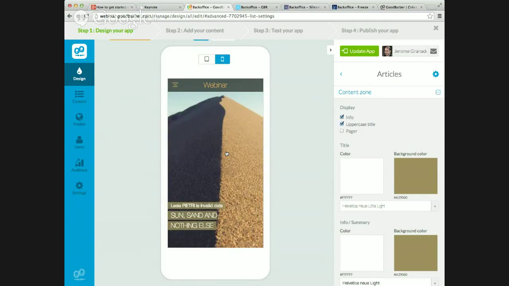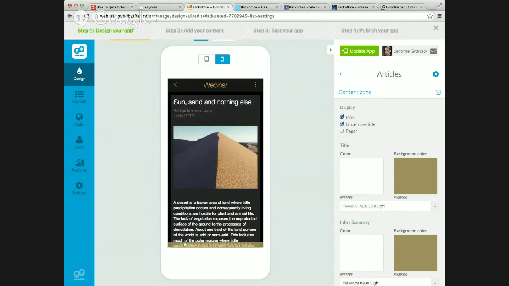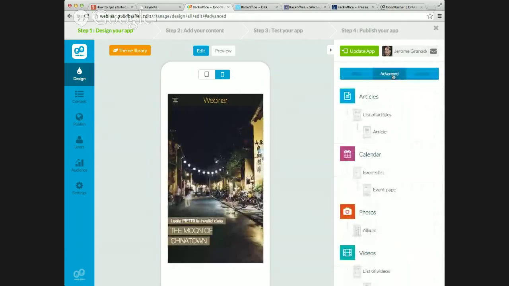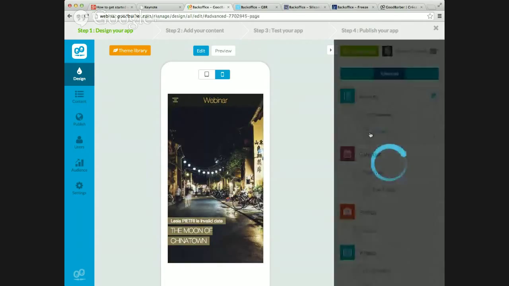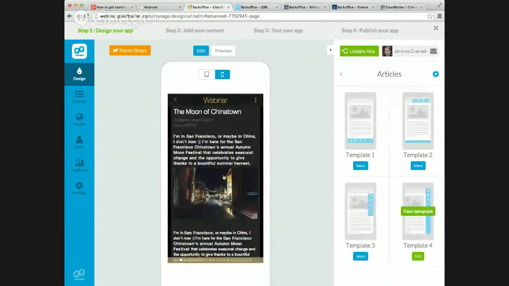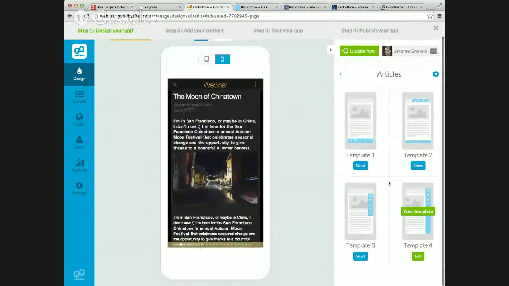So now let's go down, let's enter one article and see how to customize it. So I'm in the sun, sound, and nothing else article. And if I go back to the advanced menu, if I choose the item article in my section here, I am able to apply some customization to this element. So as you can see, it works here also with templates. The default template used in the theme I've chosen was template number 4. And in template number 4,